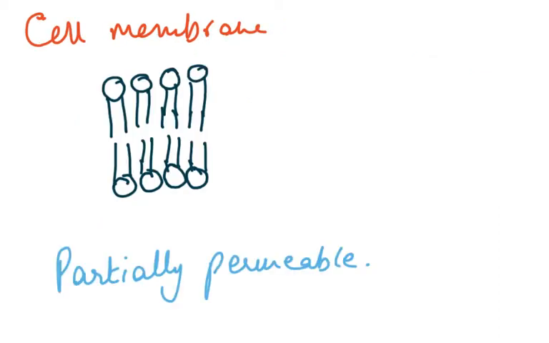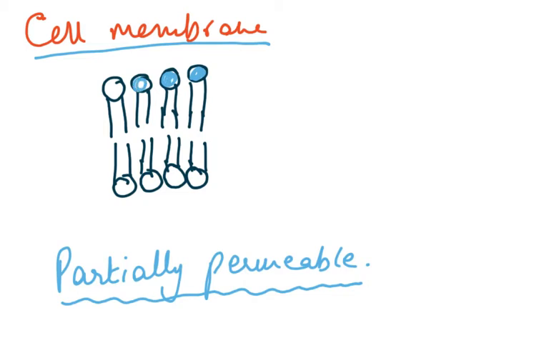The first topic is the cell membrane. The cell membrane, we say, is partially permeable. Why is it partially permeable? Because it has these hydrophilic heads. Hydrophilic means water loving, so they will allow water soluble molecules to pass. But the hydrophobic tails do not allow any water soluble molecules or any ions or any polar molecules